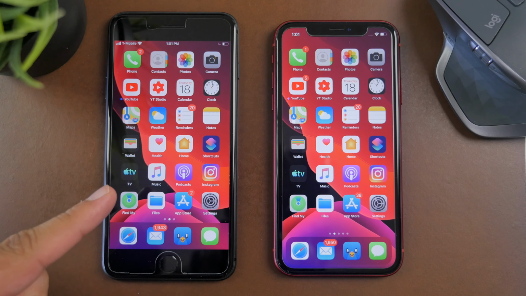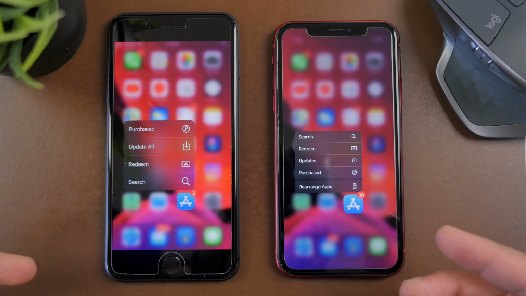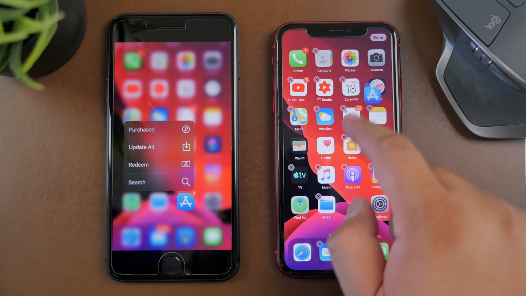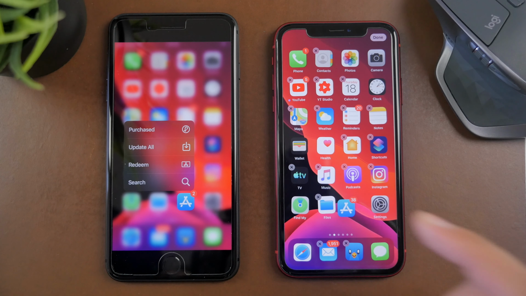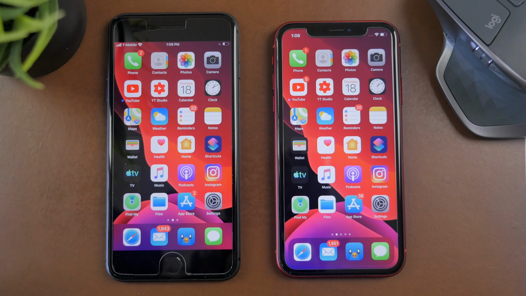Before you couldn't do that, so here you try to move it around, you can't. So that's a new change. You can hold this and then just move everything around if you wanted to. Also, for those that have 3D touch enabled devices, beta 4 seems to have brought 3D touch back how it's